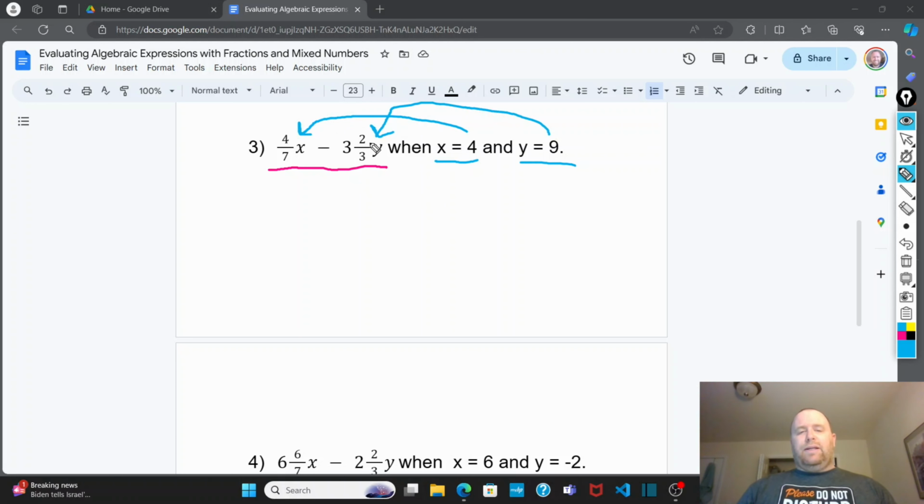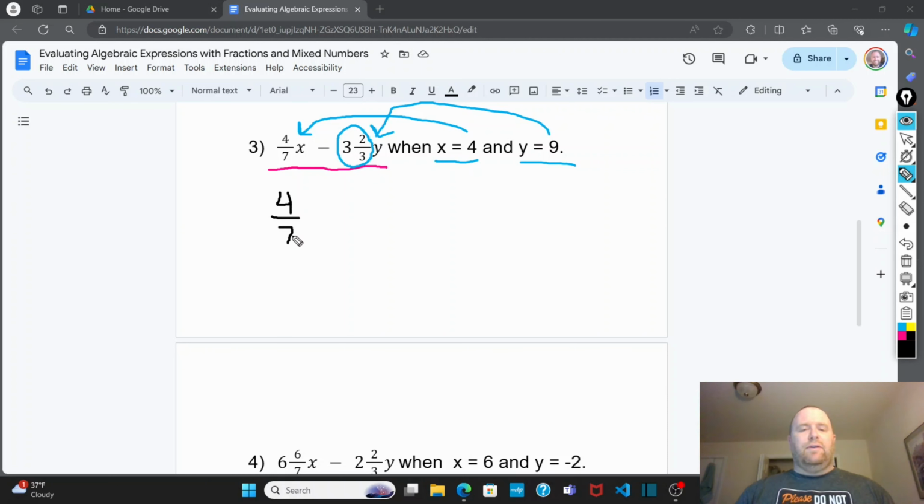Now, what will help with the mixed number here is we want to change this to an improper fraction. So to do that, I would multiply 3 times 3. That gives me 9, plus 2 is 11. So 3 2/3 becomes 11/3. Okay, so I'm going to rewrite this as